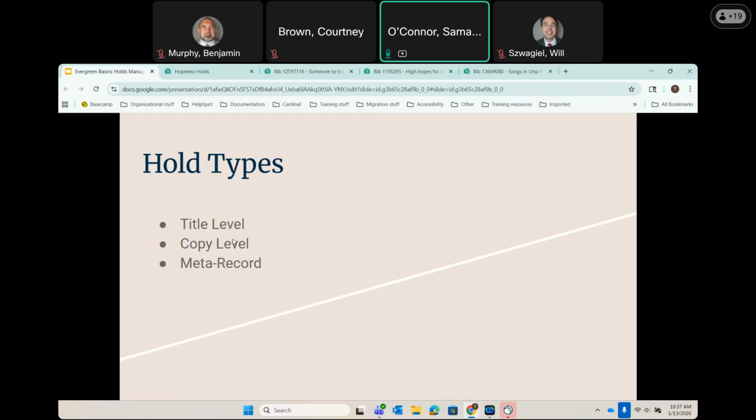Right, well, let's talk about the different hold types. Oh, we've got a question. So opportunistic capture, when it comes to age hold protection, the question was whether or not this would be the